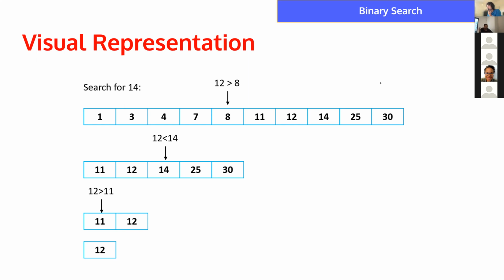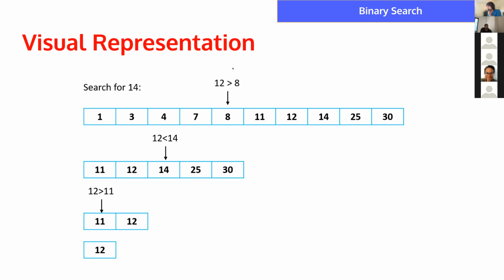If the list isn't sorted and you need to do a binary search for whatever reason, then you can always use one of Marcus's handy dandy sorting algorithms to get there. And so the way it kind of works is the goal of a binary search is to break down a list into smaller groups that you can work with. And so what that means is we know this list is sorted. So if we're searching for the number 14, so at the very top it says search for 14, what we